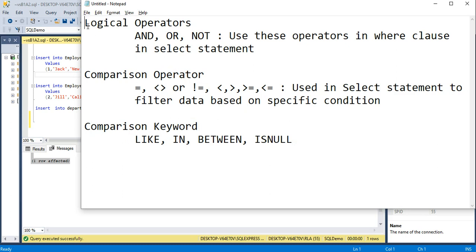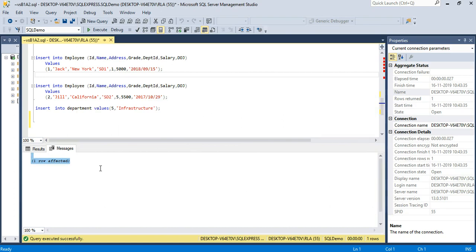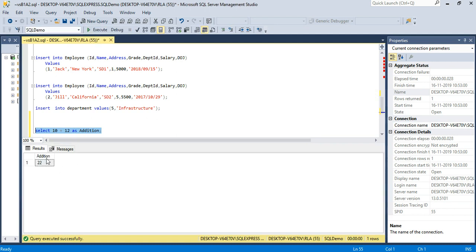So there is arithmetic operator as well, which includes addition, subtraction, multiplication, division, and modulus operator. Let us look at some of the arithmetic operators now. For example, select 10 plus 12 as addition. So here addition is an alias for the column name, which is addition of two numbers, and here we have used this arithmetic operator. Let me execute, and you can see the column name is addition,